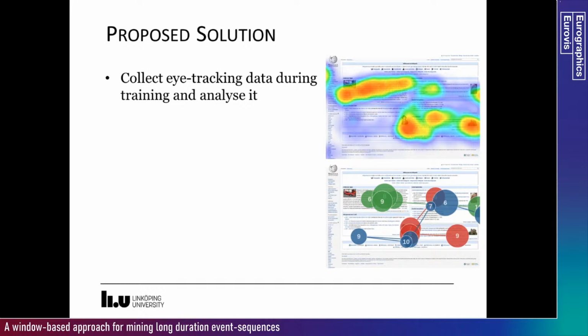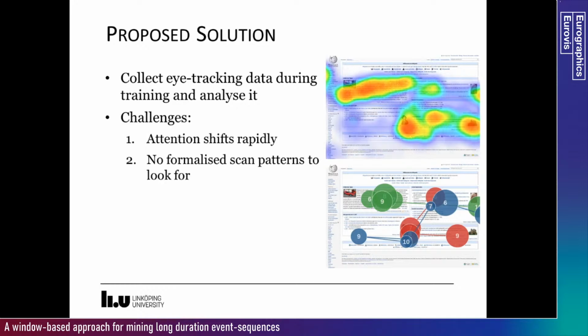One way to better understand the visual scan patterns of ATCOs in training is to collect eye tracking data while they are performing different ATC scenarios on the simulator and use it as support in the discussion between trainee and instructor. But analyzing this data and understanding what the trainee is looking at is a challenge for the instructor, because first, attention shifts rapidly and scanning tasks occur in seconds, so it can be difficult to detect them live. And second, as mentioned earlier, there are not many well-established formal scan patterns available that the instructor can look for